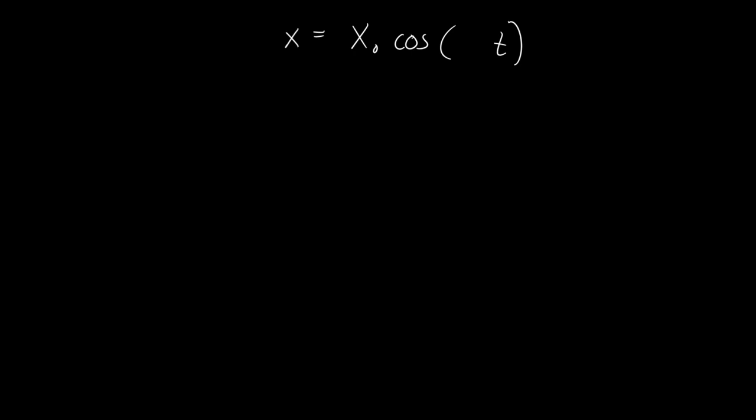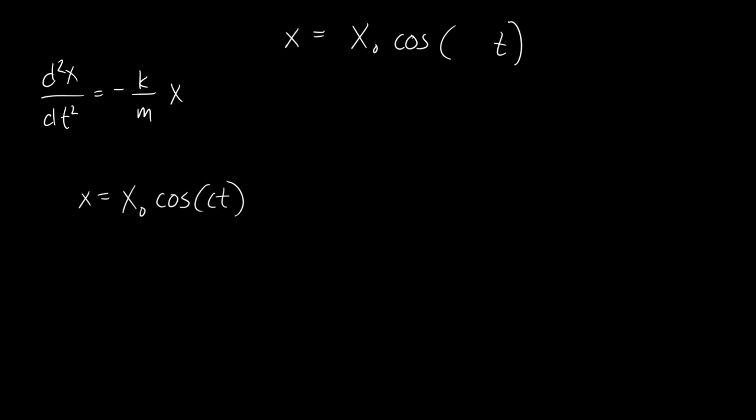In our work, we found that the second derivative equals minus k over m times x. Our base function looked like this. And when we did our work, we got